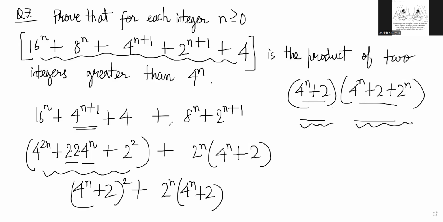It's a direct factorization question. Okay, let's move on to the next one. Question 8. In this problem, we have: let m and n be positive integers. Prove that